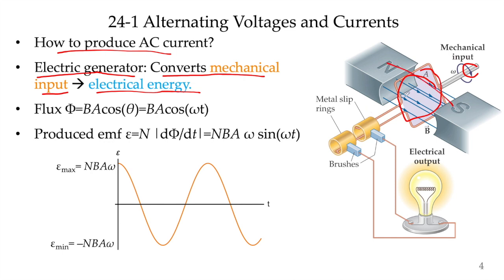When it turns, because the magnetic flux is changing here, it will create... So remember the flux definition, it's B times A times cosine theta, okay? So now B is the magnetic field, A is the area here, and the angle is the angle between the surface, let's think about this vector, and the magnetic field. So if you take the cosine of that angle and multiply with B and A, you're going to find the flux. And because this is rotating with angular speed,